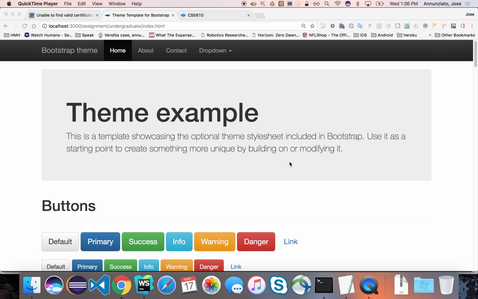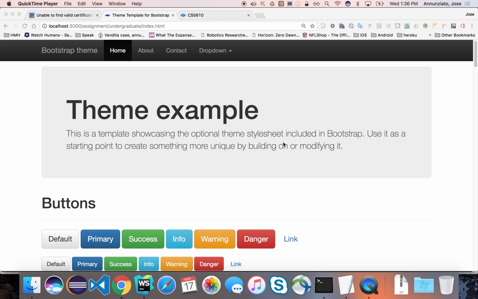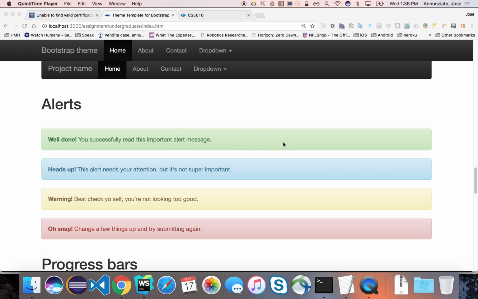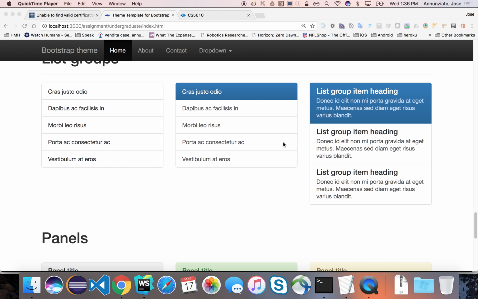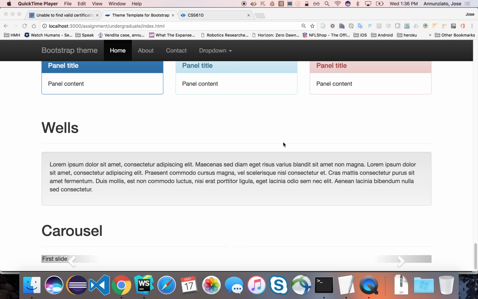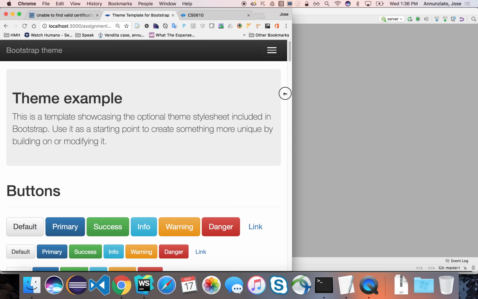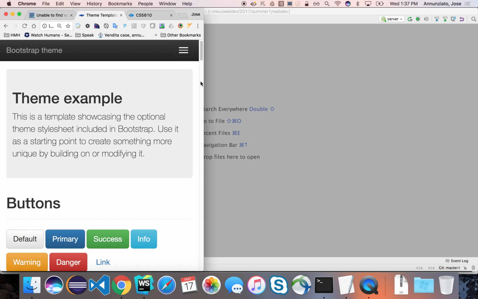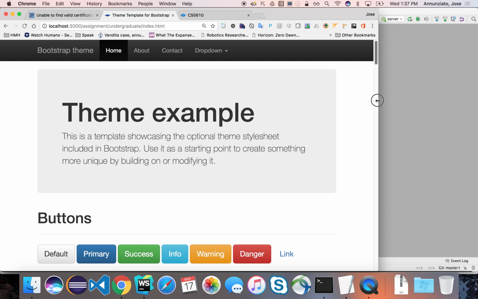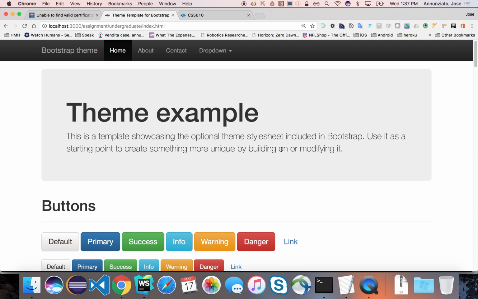This is a page that we grabbed from Bootstrap, and it's basically our home page that has some example snippets of widgets that are available in the Bootstrap library, and certainly you're welcome to use any and all that are here. At the top we have this header that is responsive. It collapses. Let's add a couple links there so that we can navigate either to the login page or to the registration